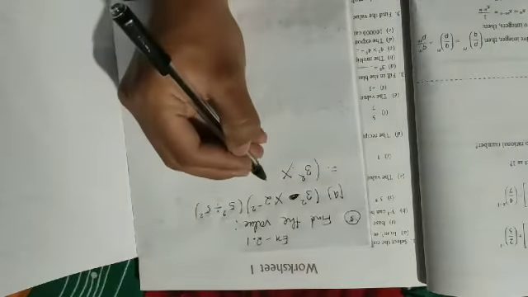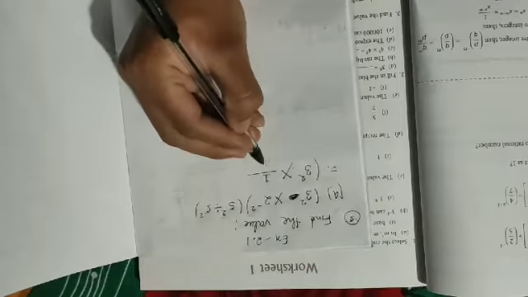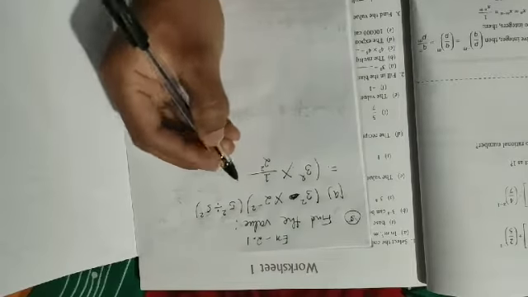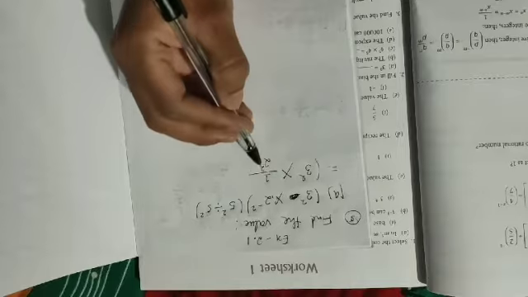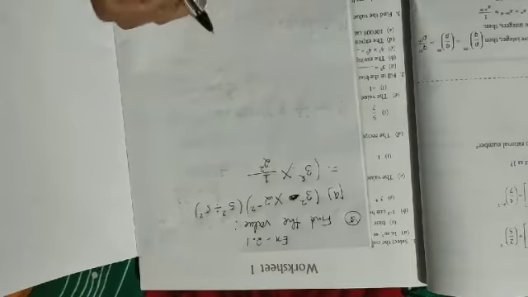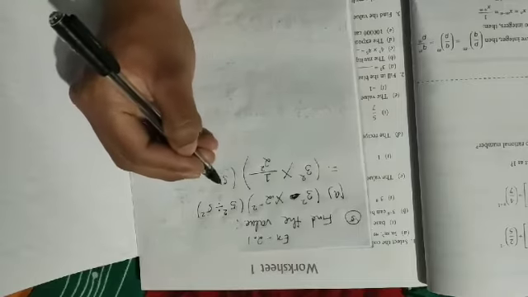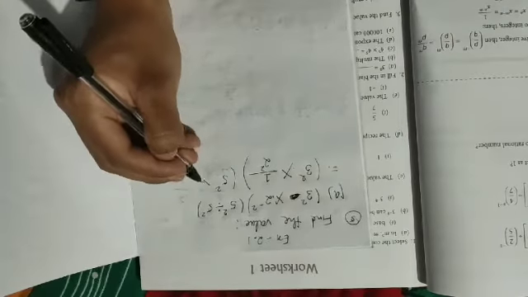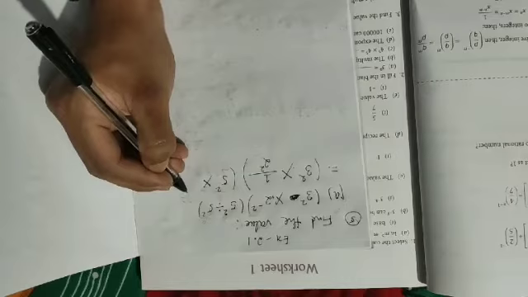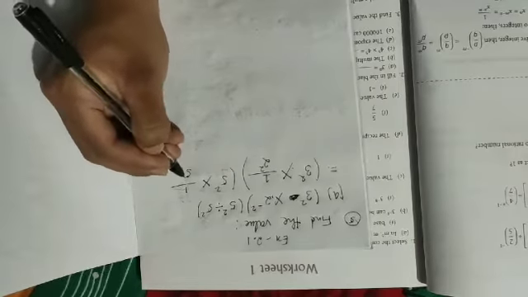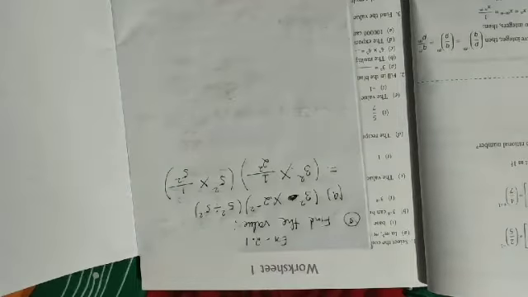So what I can do is I can write it as 1 by 2 square. Now if this will go to the denominator, the power will become positive, isn't it? So this will be 5 square divided by, means if I make it into, then it will be 1 by 5 square. We have to write its reciprocal, right?